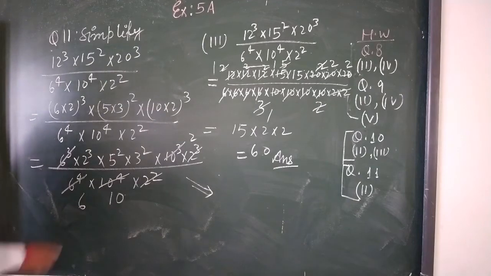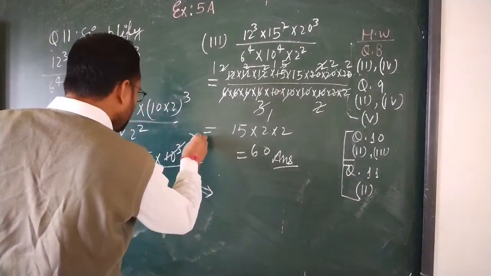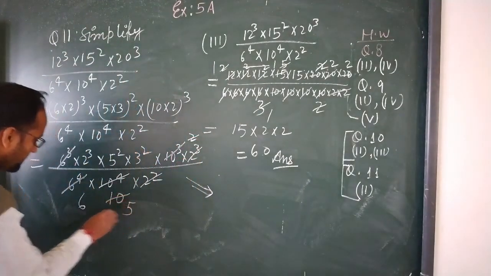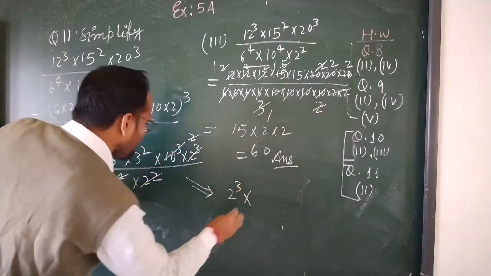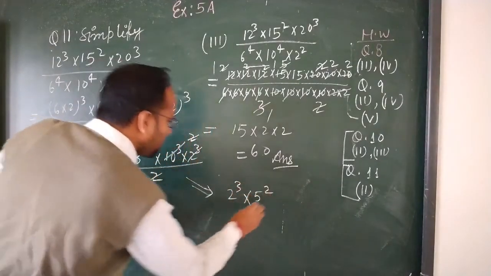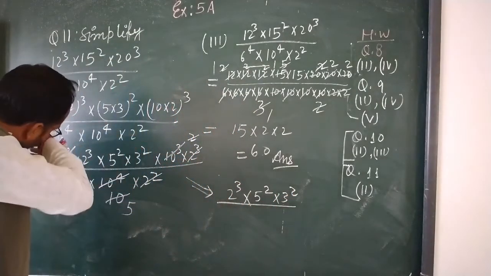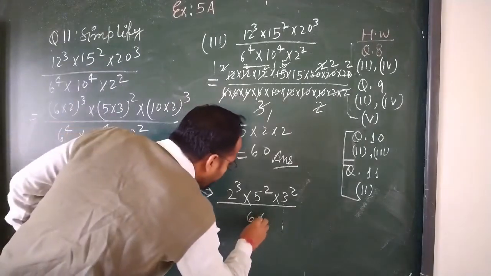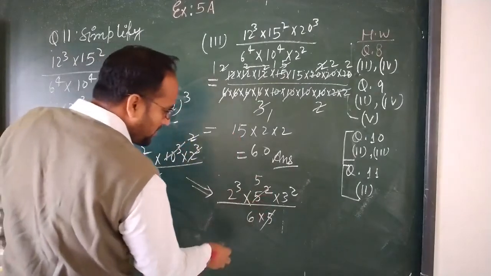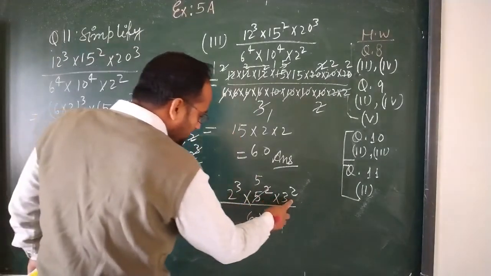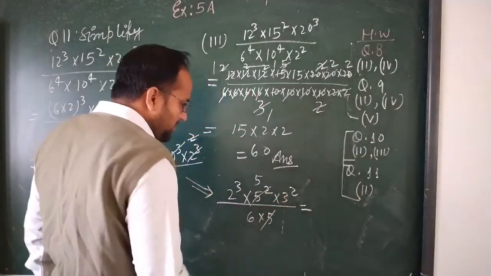So see this one, in the next step here is 1 and 2. So 2 ones are 2, 2 5s are 10. Okay students, so what is remaining? 2 to the power 3, 5 to the power 2, 3 to the power 2. Okay, this much is remaining from the upside, and 6 into 5. So 1 5 is cancelled out, so 1 5 is remaining because 2 5s are there. And here is 3 and 3 to the power 2. I will take 1 2 from there and 1 3 from there.